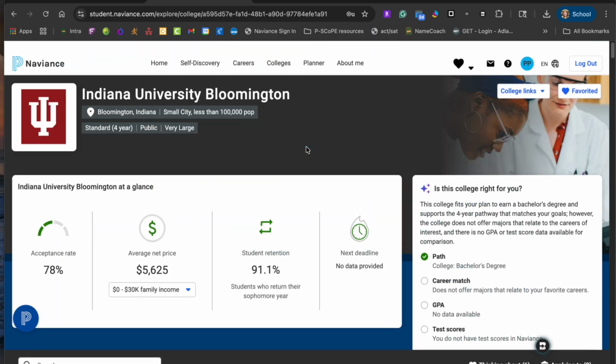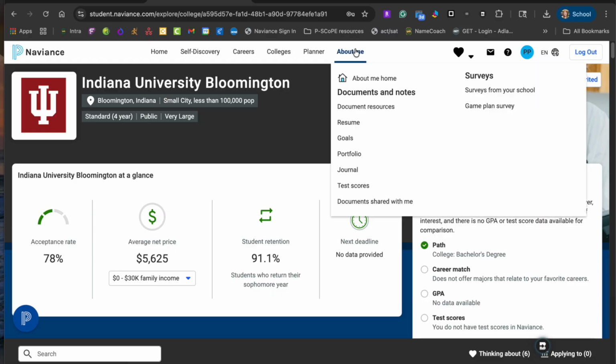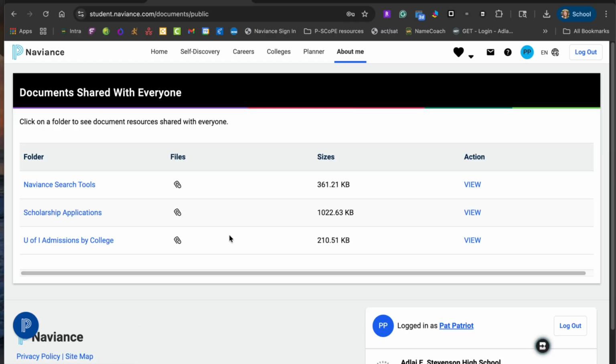Oftentimes we have families talk about the University of Illinois Urbana-Champaign scattergrams. Those are a bit more of a mess of information because we have almost 700 students every year that apply. So we actually have a way to see that a little more drilled down. If students go to the About Me section and they select Document Resources, within here you'll see a section